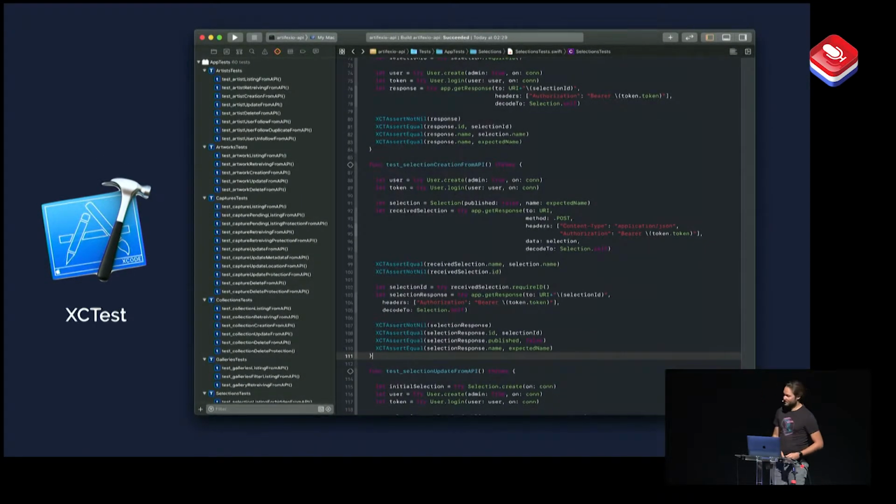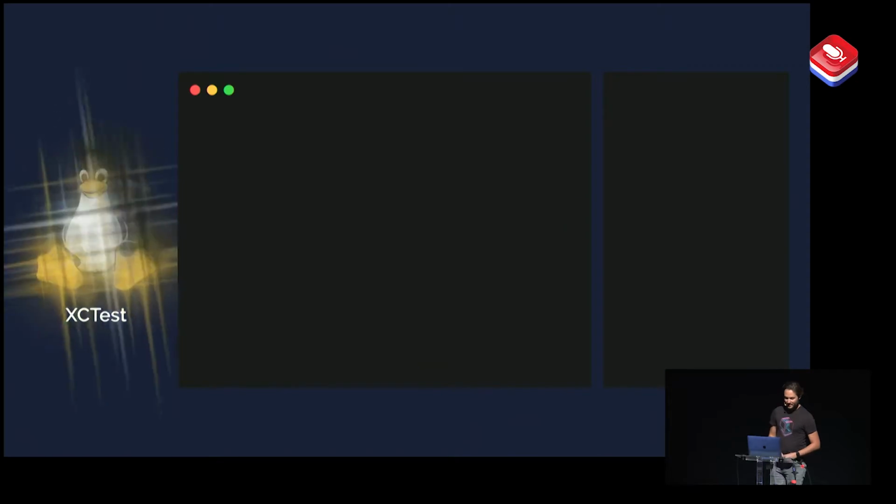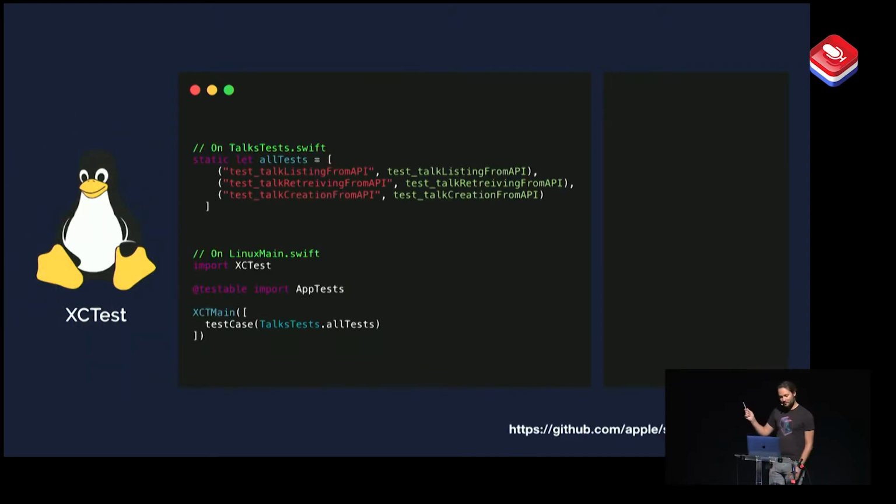In terms of unit testing, you get what you are used to also with XCTest. So you don't have to transform all your already existing CI scripts to generate your reports and coverage and so on. But there is an extra thing. XCTest has been made available for Linux and all other SPM-supported platforms.